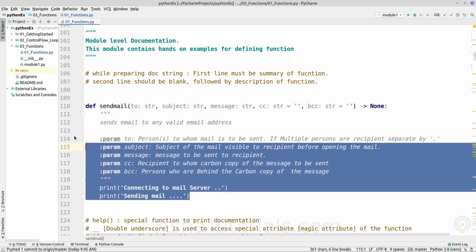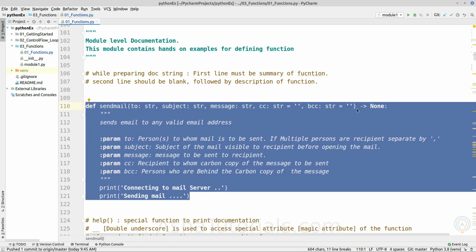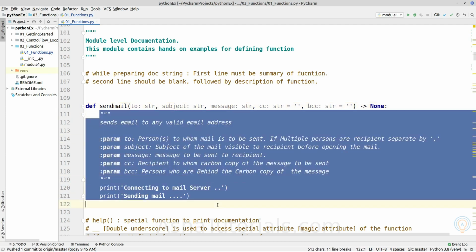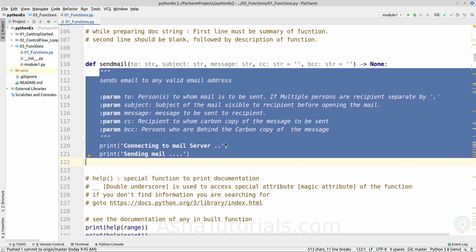As we can see here, the function is not returning any value, so we'll make it None, and after the colon we will begin the code block containing the Python code for the particular function.